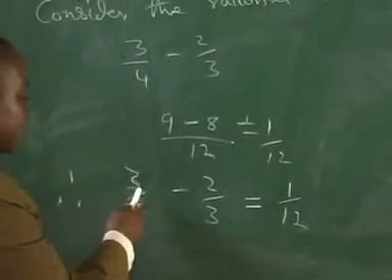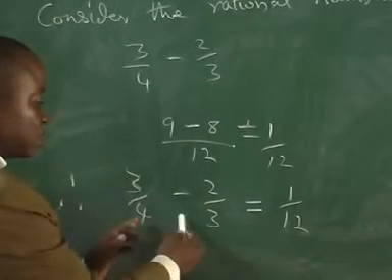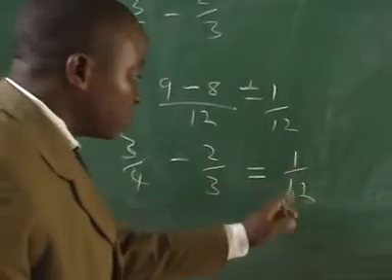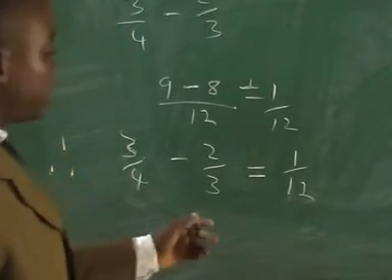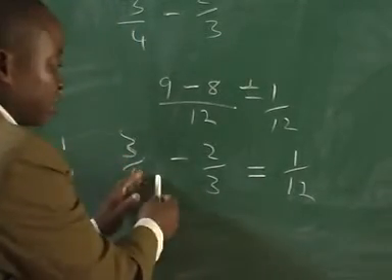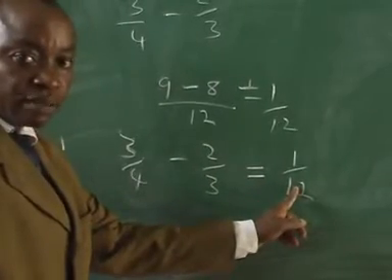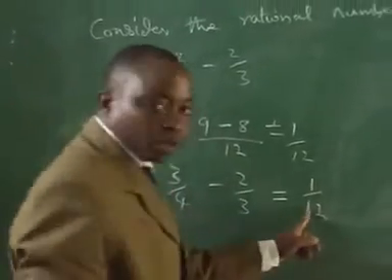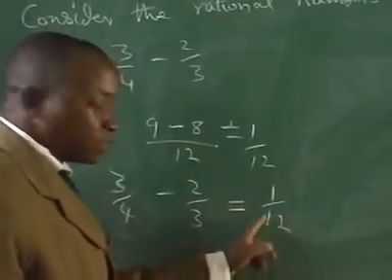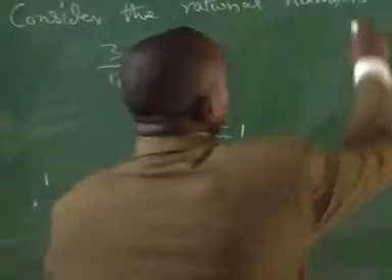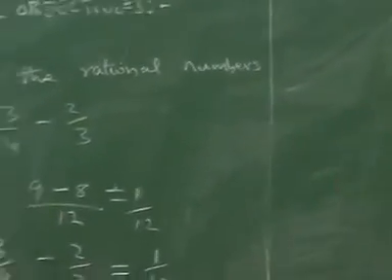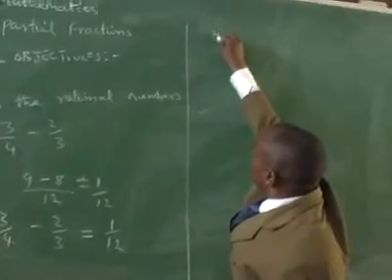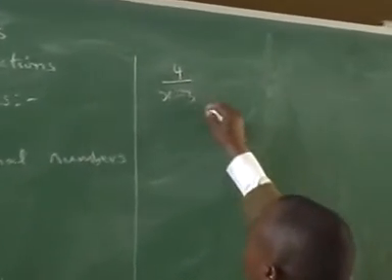Now, this one here is the same as 1 all over 12. It means these two fractions now will give you the same fraction of this type. Now, this fraction is the partial fraction of this one, this whole fraction. That is number 1. Now, let's extend it to algebraic function, such as if we have 4 over x minus 3,